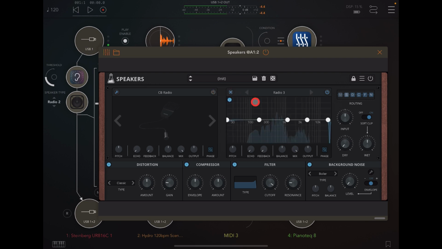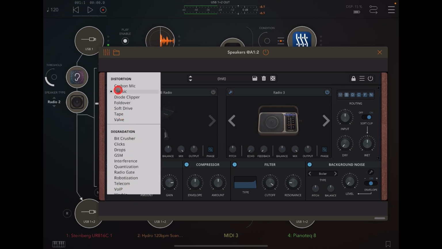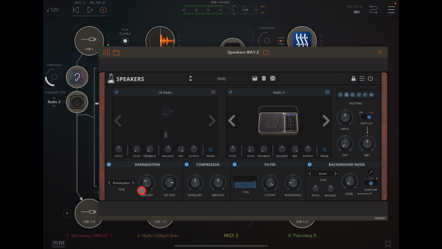This little icon here is an EQ, and you also have the same here, an EQ for this. You also have distortion, so we can distort the signal 1 2 1 2, and you have many different types of distortion as well. So, I don't know, we could go robotization, for example, or telecom, volt, whatever that was, sorry, warble, carbon mic, and then we can take that out if we want to reduce the gain, switch the microphone on and choose